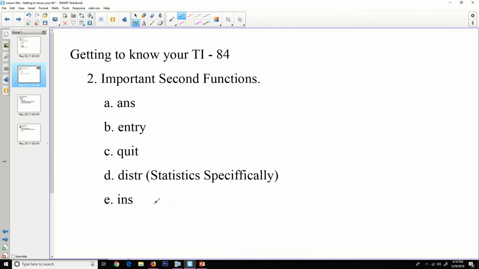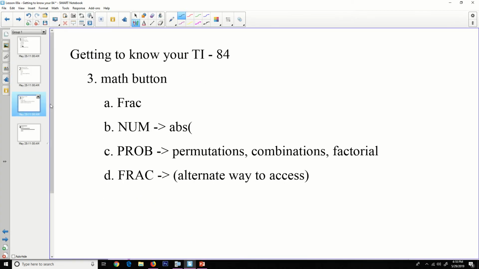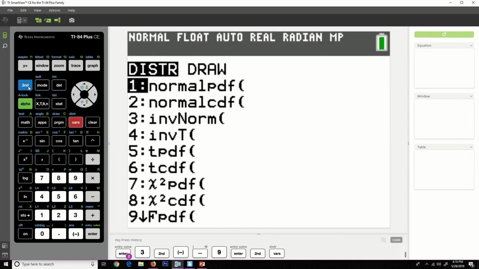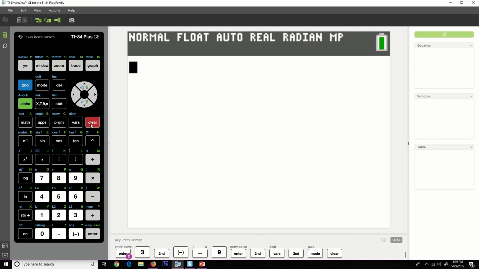I did the insert, so let's go to the next one here. The math button has a lot of cool things that we'll be using as we move through. So we have the fraction key, and what's cool about the fraction key, or the fraction expression, is that if I